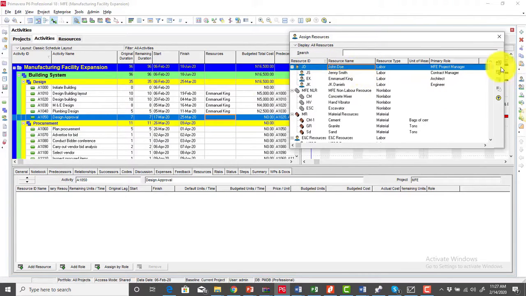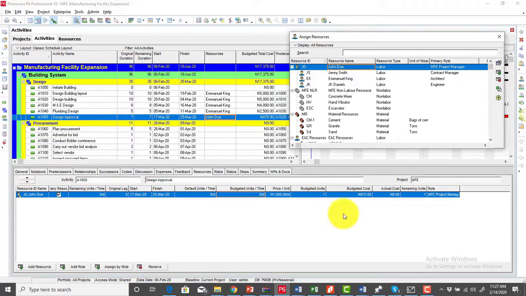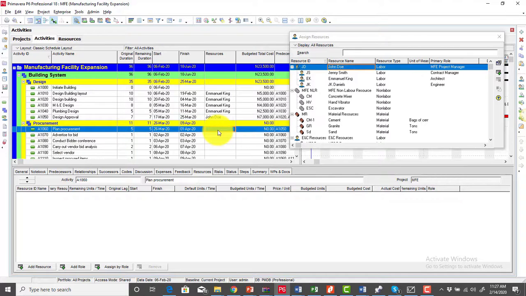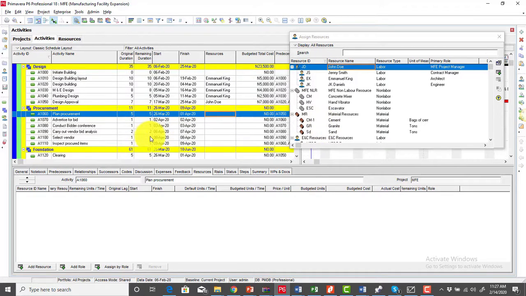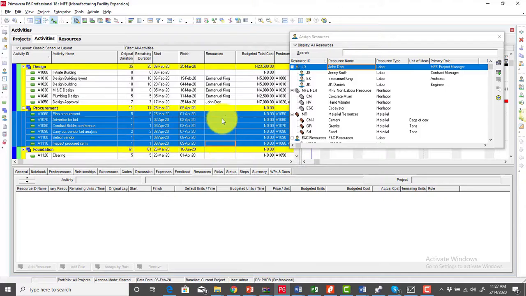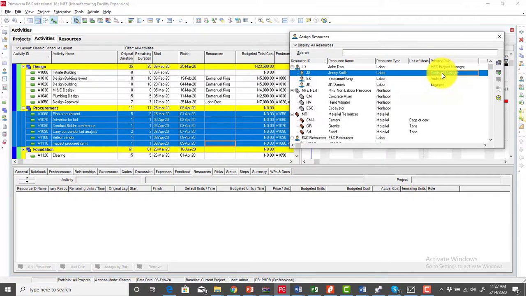You simply click on John Doe and click on the assign button, and under the budgeted units we're going to be using 1 unit for John Doe. If John Doe does this for 7 days and earns 1,000 naira per day, that will amount to 7,000 naira. Okay, so we go to the next one, which is plan procurement. Everything about the procurement will be handled by the contract manager. So we can simply select all the activities under procurement, click on contract manager